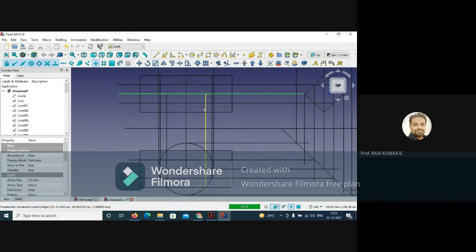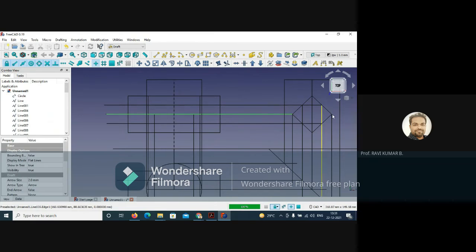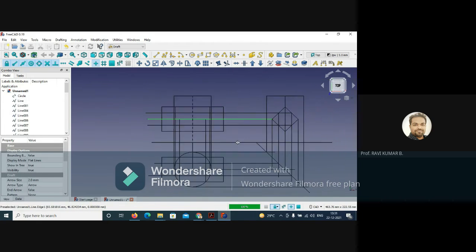Now you have all the points. Look at these 2 points that came over here, and these 2 points you plotted over here, this point and this point. Similarly, these points can also be located here and here, and the last point is basically over here. So now you can connect.